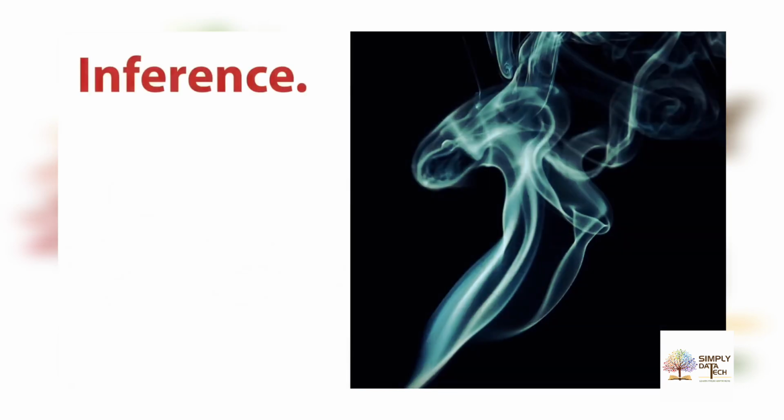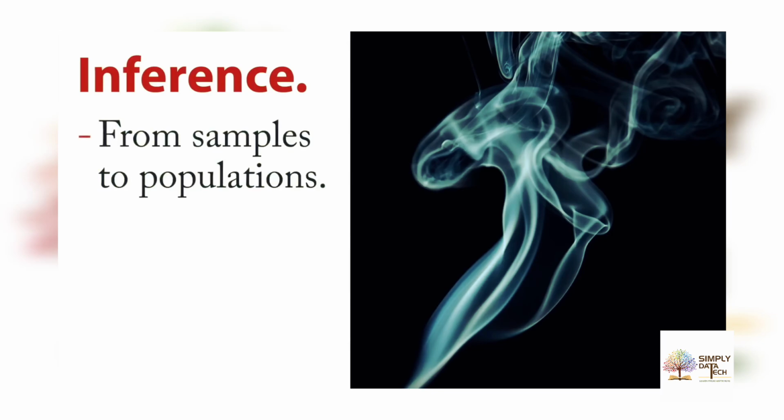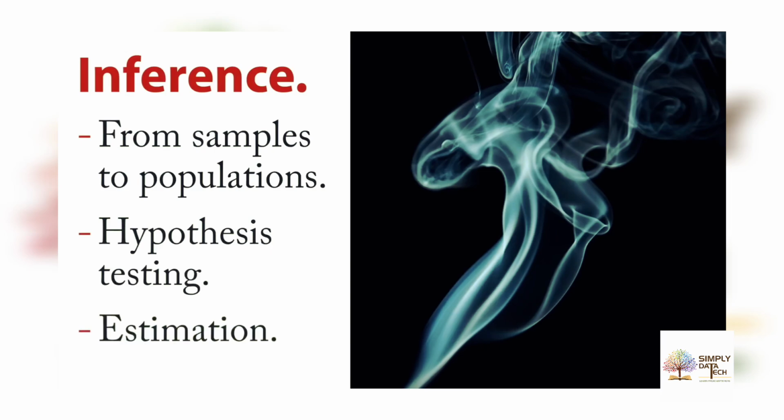Next, there's inference. I've got smoke here because you can infer things about the wind and the air movement by looking at patterns in smoke. The idea here is that you're trying to take information from samples and infer something about a population. You're trying to go from one source to another. One common version of this is hypothesis testing. Another common version is estimation, sometimes called confidence intervals. There are other ways to do it, but all of these let you go beyond the data at hand